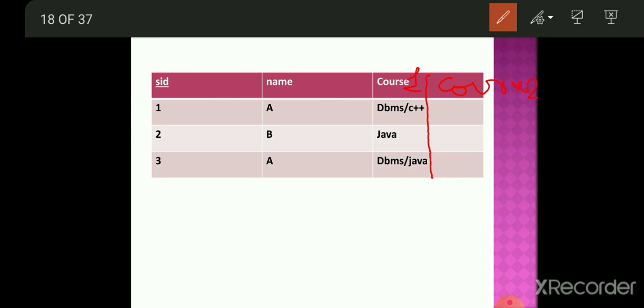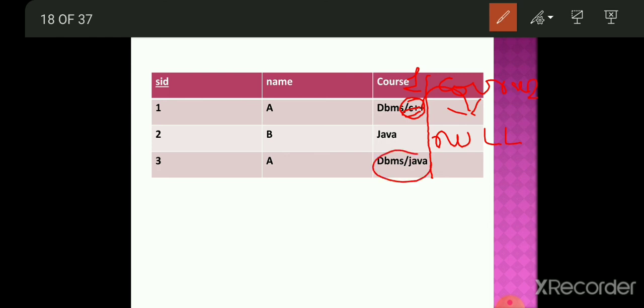And after maintaining this column we can update the value, like we can update C++ in this cell and remove it from this cell. And for the second row we have to maintain null here because no other value is there. This student enrolled himself in only one course, that is why we have to enter null here.